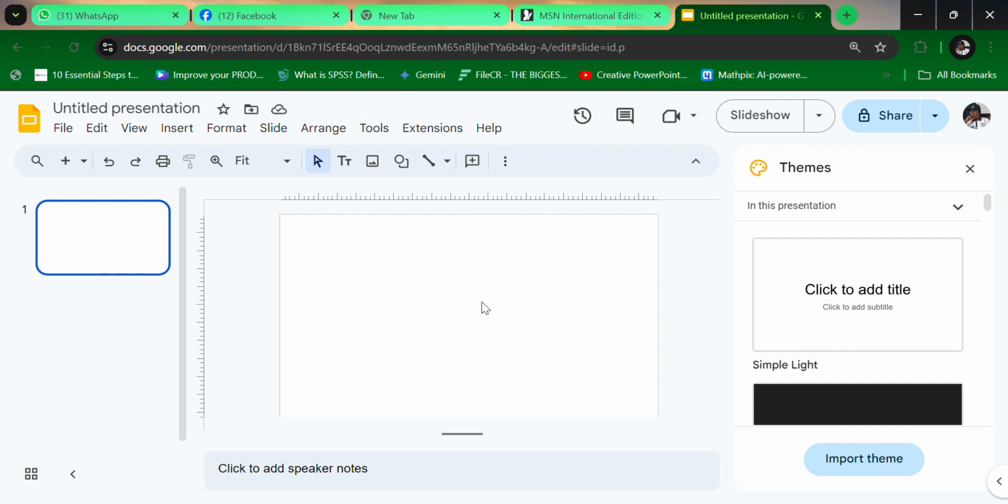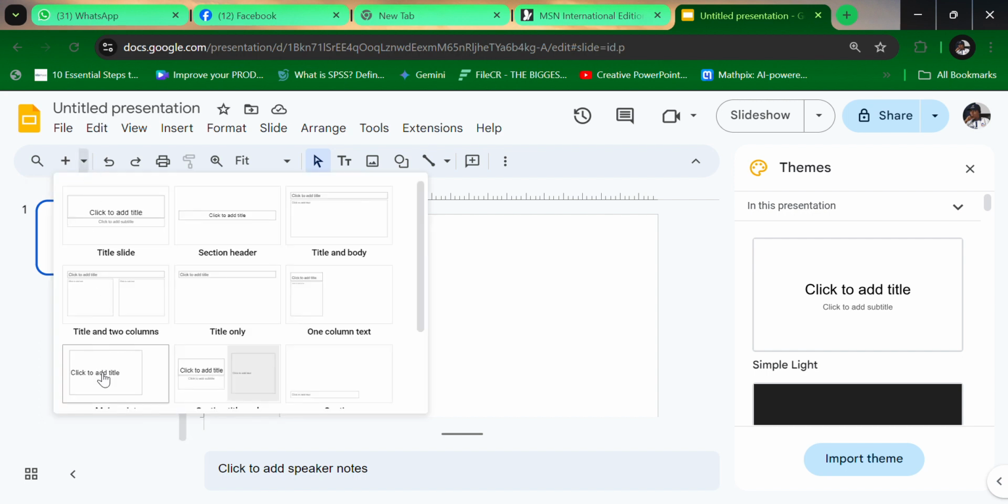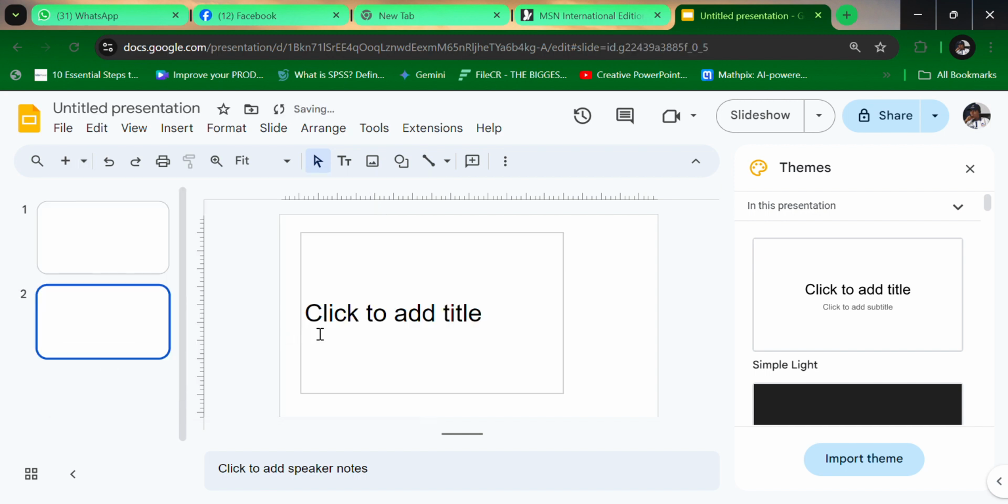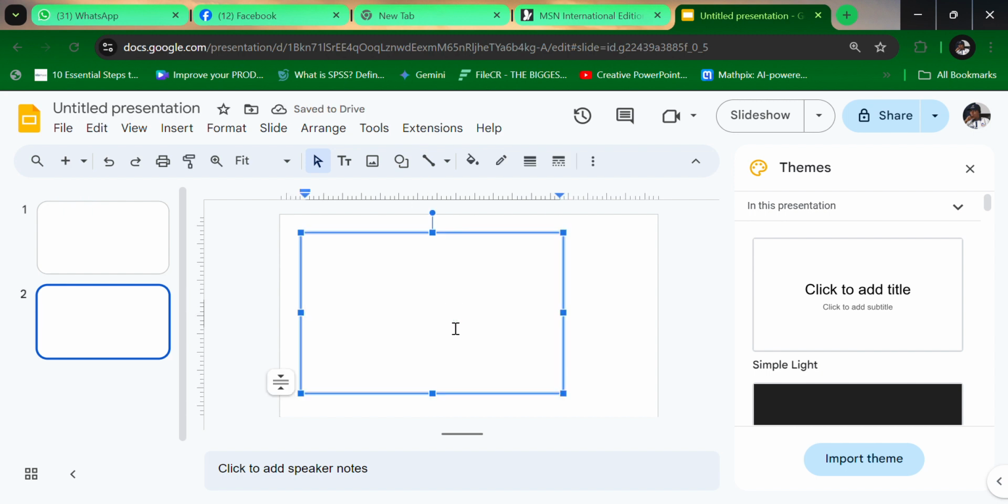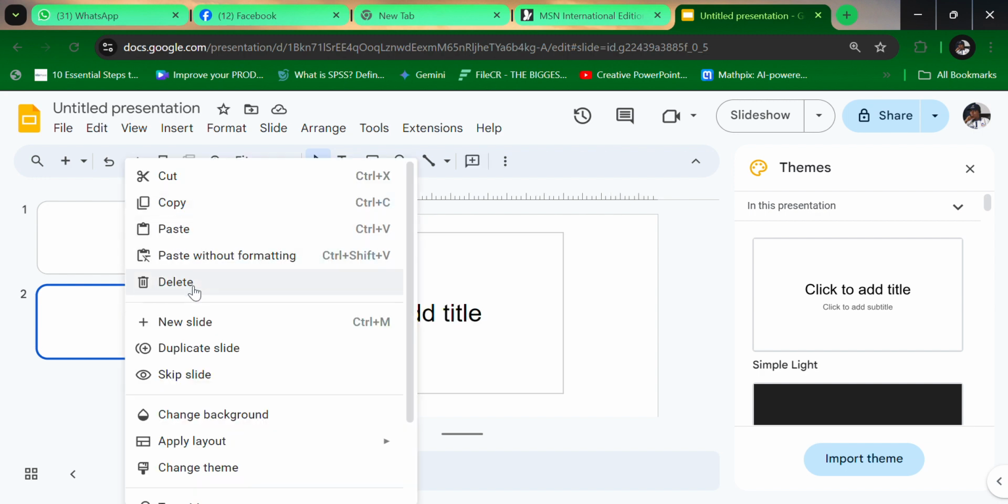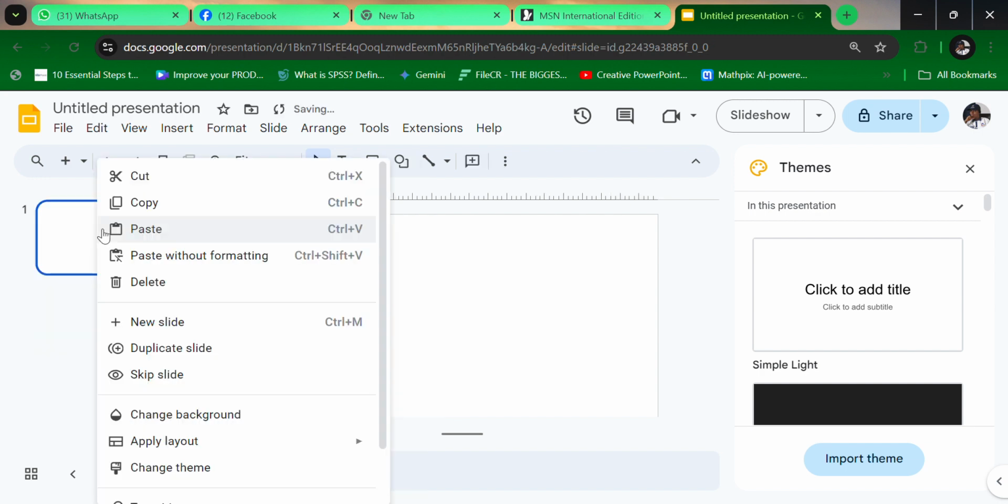So what you are doing determines which one you can take. Now we also have the one that has click to add title alone. Yes, like this. Just title alone, and begin to use text box to do others. So you can do many things on your slide. When you right click on your slide, you can cut it, you can copy it, you can paste it, you can paste without formatting, you can delete,